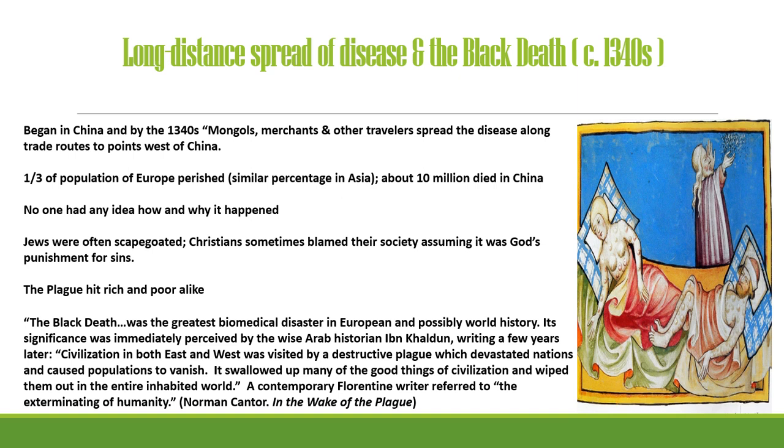And not surprisingly, their explanations, when they came up with them, oftentimes were based on supernatural causes. In Europe, Jews were often scapegoated. It was said that they poisoned the wells. Whatever they put in the wells was poison, and that's what was causing this kind of mass illness and death. Sometimes they blamed themselves. God is punishing us for our sins, etc. You can see how desperate they were to find some way of explaining this, without science at that point to really be able to help them at all.